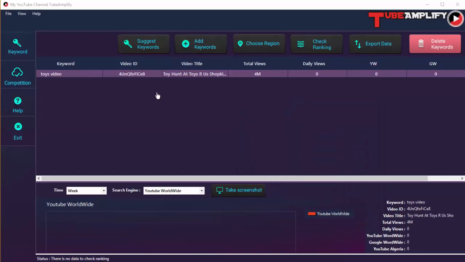So what Tube Amplify did was it got the keyword, it checked the keyword for the video rank, and it got the video rank and other details. So you got the video ID, you got the video title, you got the total number of views in the video. And once you start collecting the details, you'll also start getting other details like daily views, the ranking of